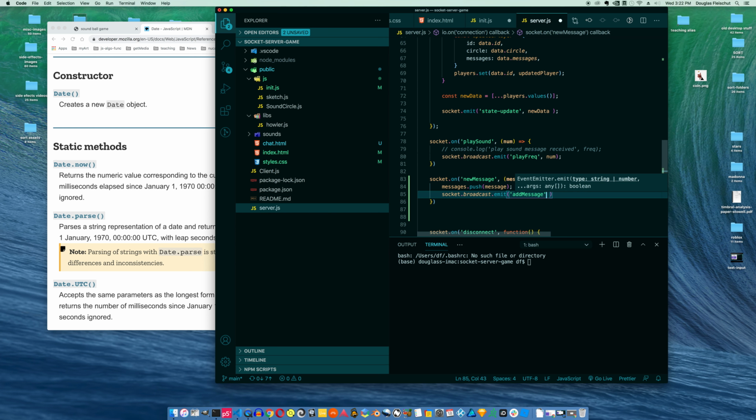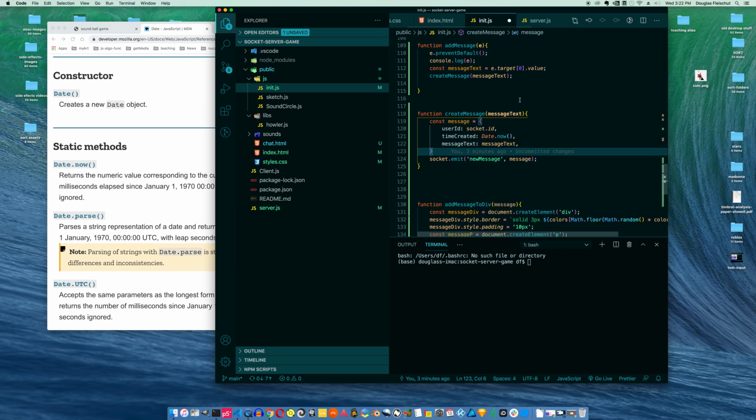And we'll send the entire array of messages. So that way whenever a new message comes in, we'll get all those messages. And I think this is going to break down pretty fast here. We're going to need to think about how to filter these messages, but